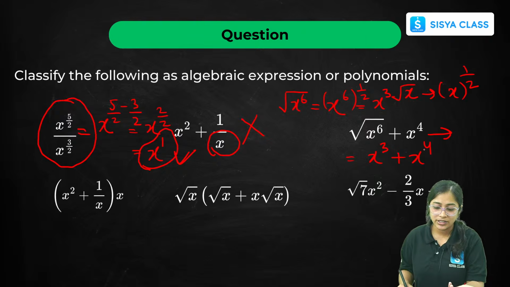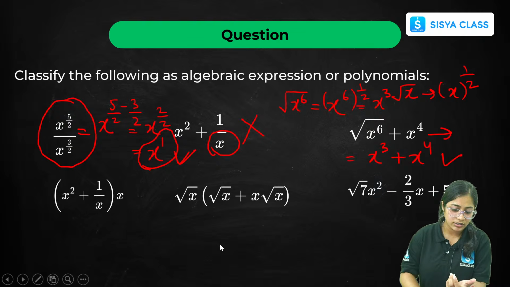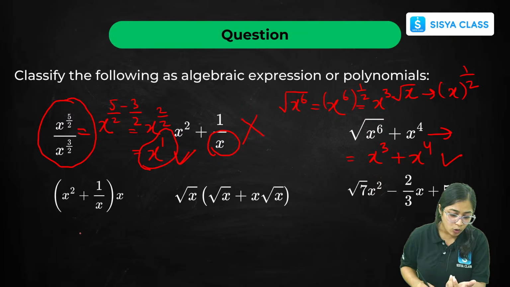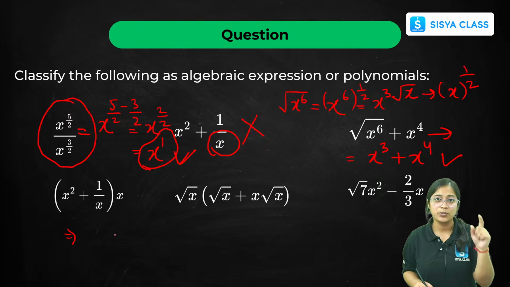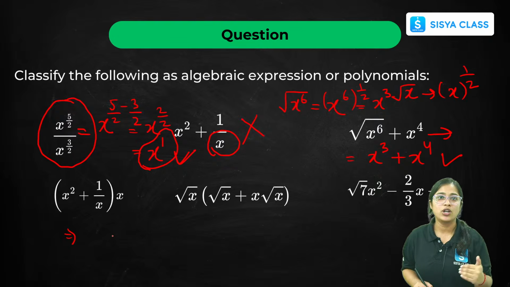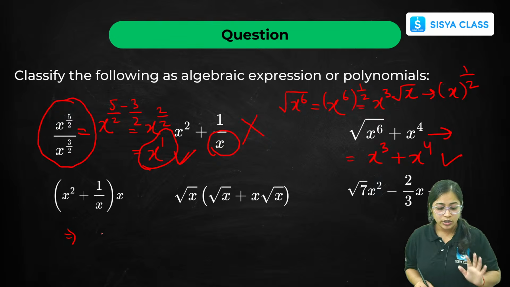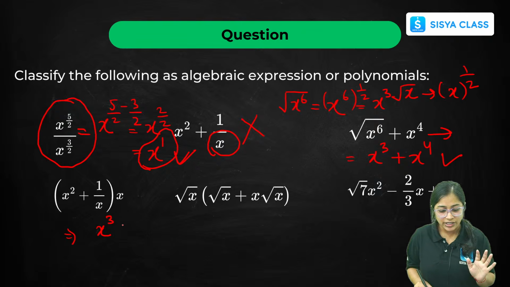It is a whole number 3 and 4. So this is a polynomial, right? Similarly this fourth one also. So you have to again simplify it. Whatever algebraic expression you have, you need to first simplify it and then see what is the power of the variable. Okay. So here also if we simplify, we will get x cube plus 1 by x and then